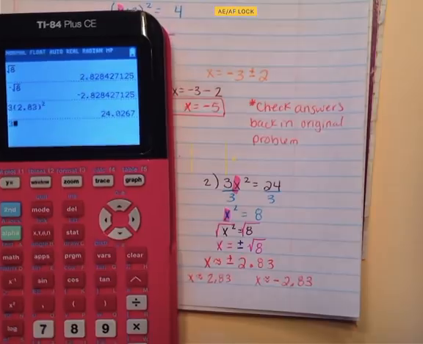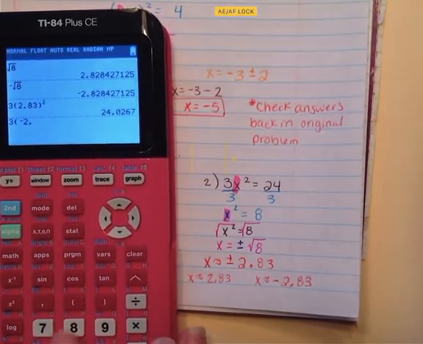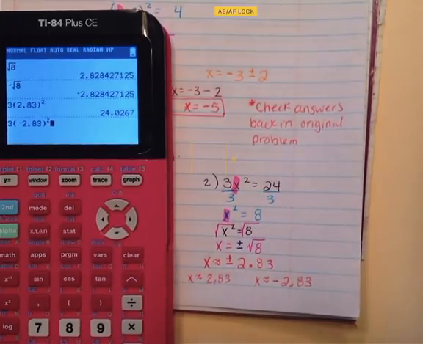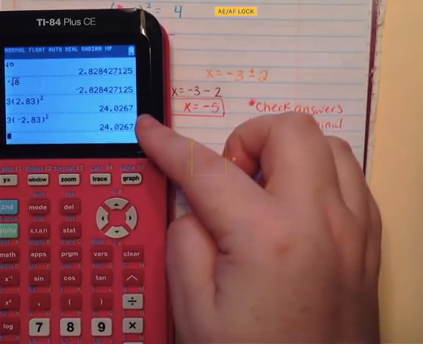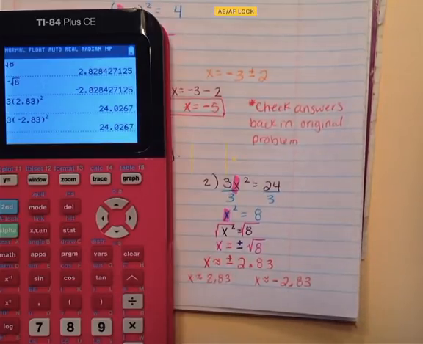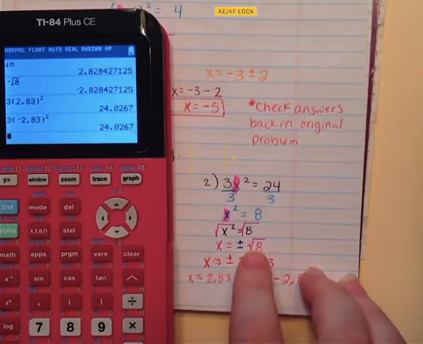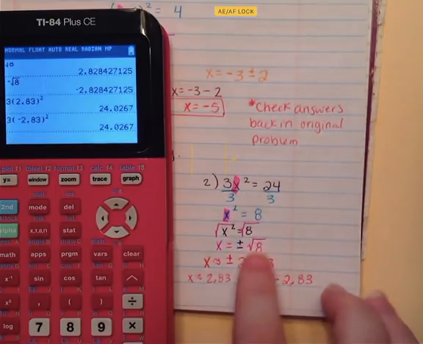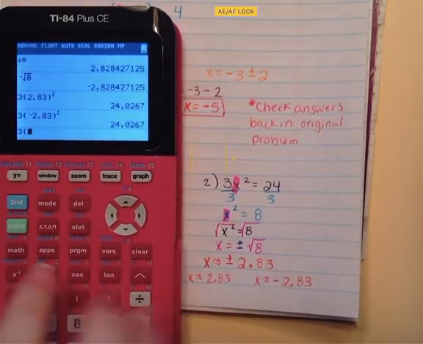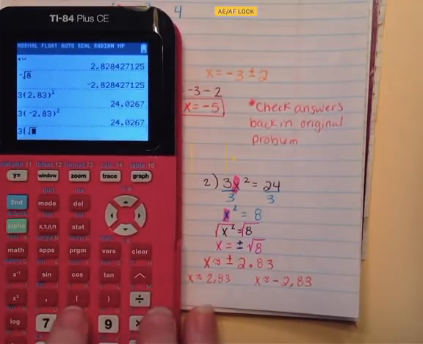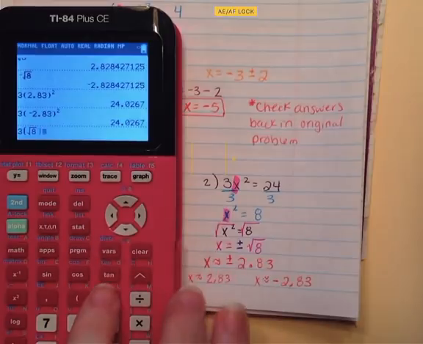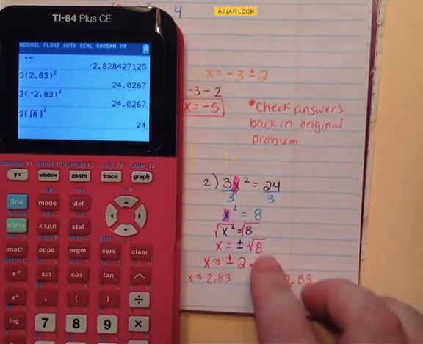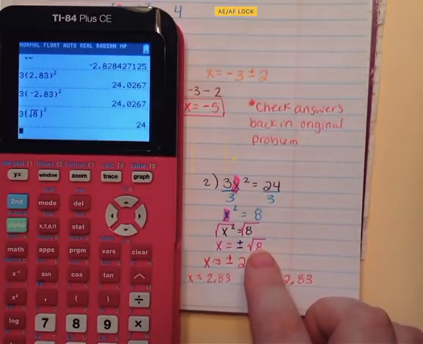We're going to do the same thing with 3 times negative 2 and 83 hundredths squared. And it should, again, be close to 24. And it does. It actually gives us the same value with the same change left over. Now, if I really wanted to check it, I could actually put in the square root of 8 instead of my x, because that was what was left over. If I do 3 times the square root of 8, then close my parentheses squared, I should get an exact 24. So that means that this was the correct value. This was an exact answer